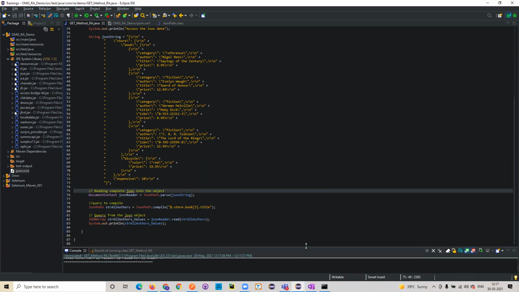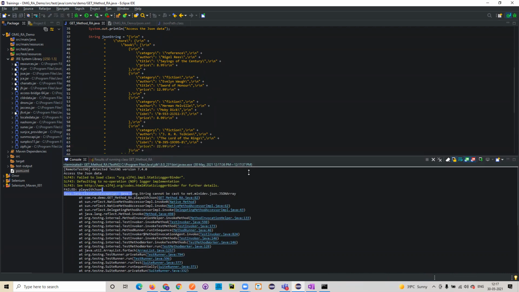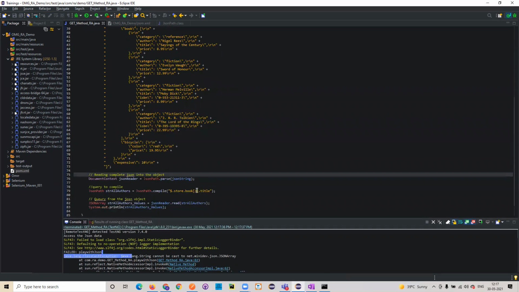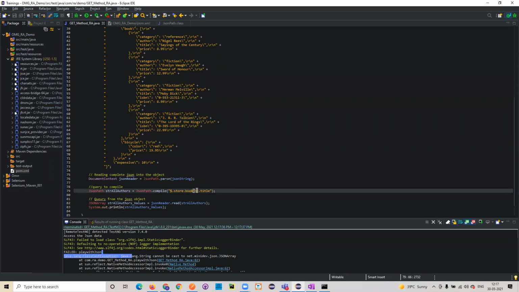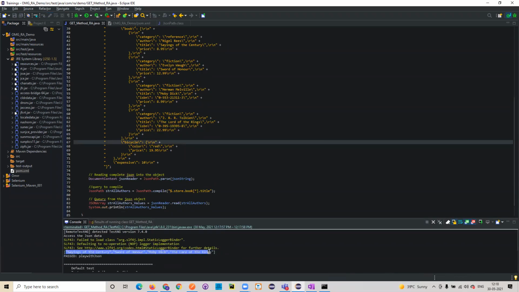So now if you see here, it has thrown me the error. What it was saying is that a string cannot be cast into the JSON array, meaning this is a string. Previously it did not throw an error because it was getting me all the titles of this. For example, if I give this one as titles and execute, it will not throw an error,